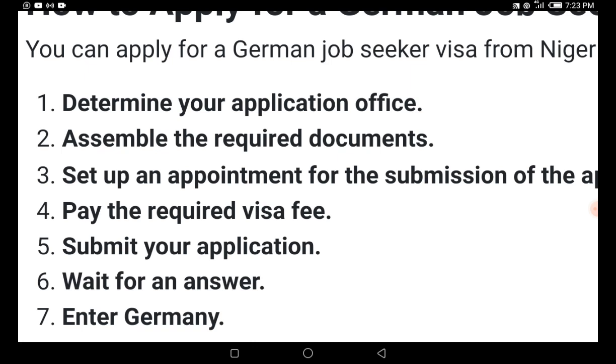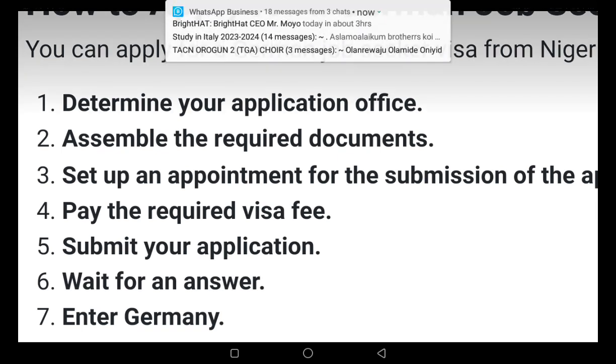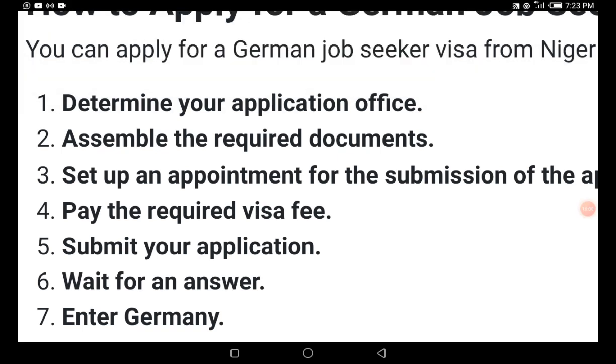Okay, first thing you have to know is that once you know where you are to submit your job seeker visa application, make sure you make an appointment with the German embassy or consulate. Most German embassies and consulates use an online system for their visa appointment, which you can usually find on their dedicated website. So make sure you locate the visa application portal for your own home country